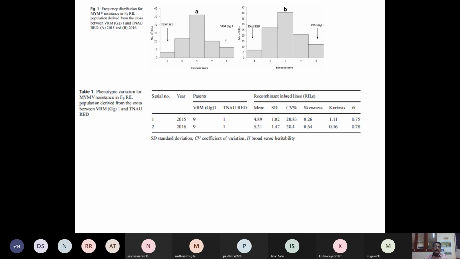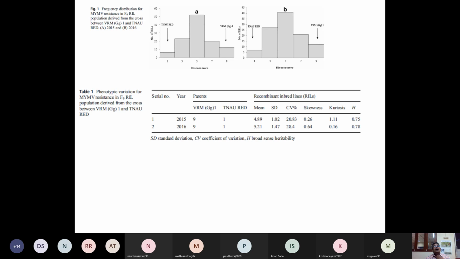Again, I told you that in any QTL mapping, the phenotyping is very important. Whenever you phenotype, you have to look at the frequency. For example, in this case I already phenotyped 180 recombinant inbred lines. When you phenotype these RILs, then you go for the frequency distribution. Whenever you study the frequency distribution for the particular trait, this is season 1 and season 2. For example, in this case you can see the frequency.